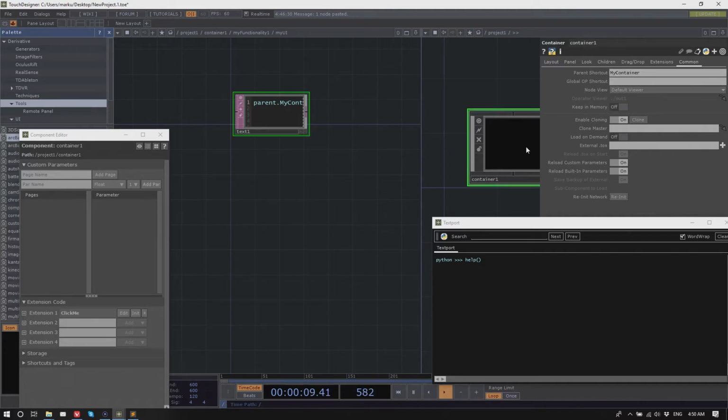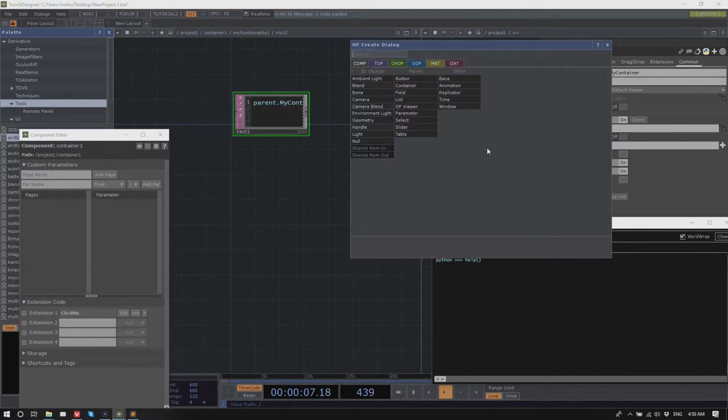So now anywhere inside container 1, for example, container 1 my functionality 1 my UI, you can access container 1 via this parent shortcut. But if I'm outside or beside container 1 here, I cannot get to it anymore.